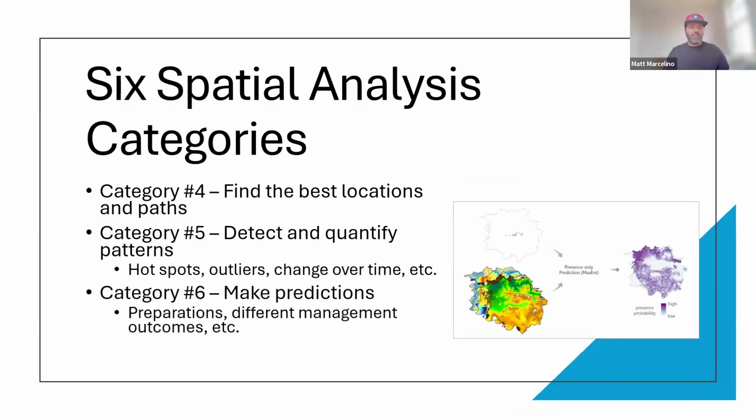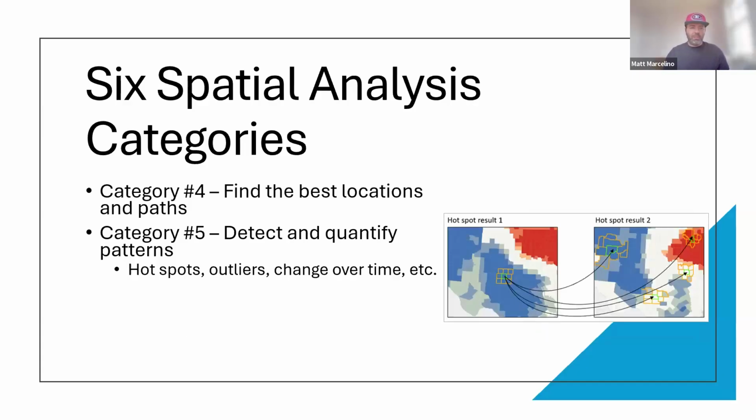And then category 6, which is making predictions, is important because you may need to determine how things may appear in the future, or how invasive species would spread. So it allows you to really make preparations, test how different management scenarios may impact different outcomes, and so forth. I find all of these categories to be really important, and depending on what you're doing, maybe